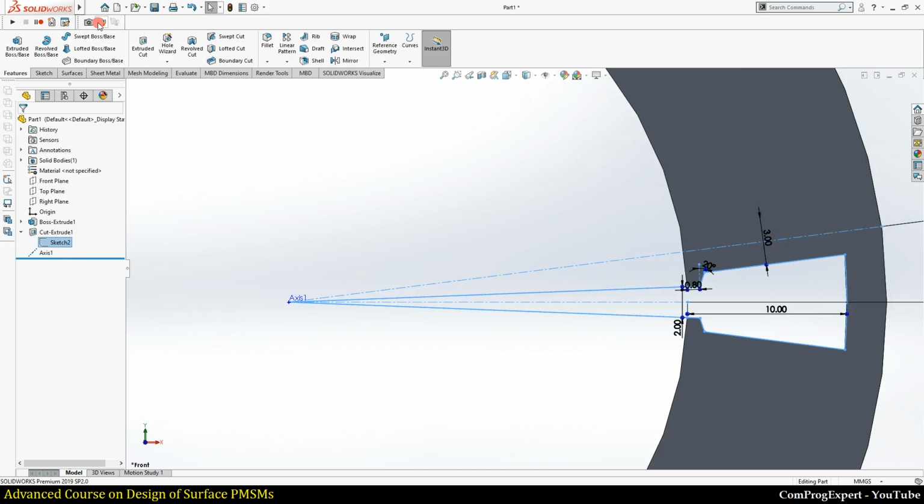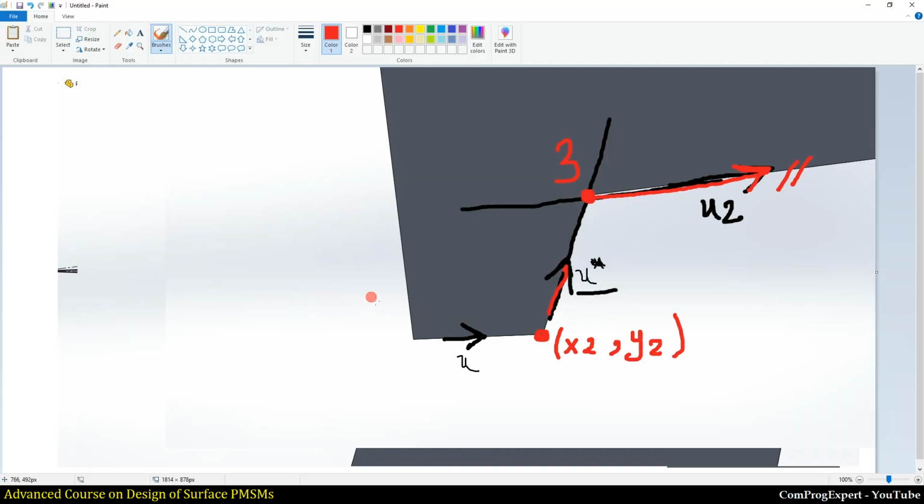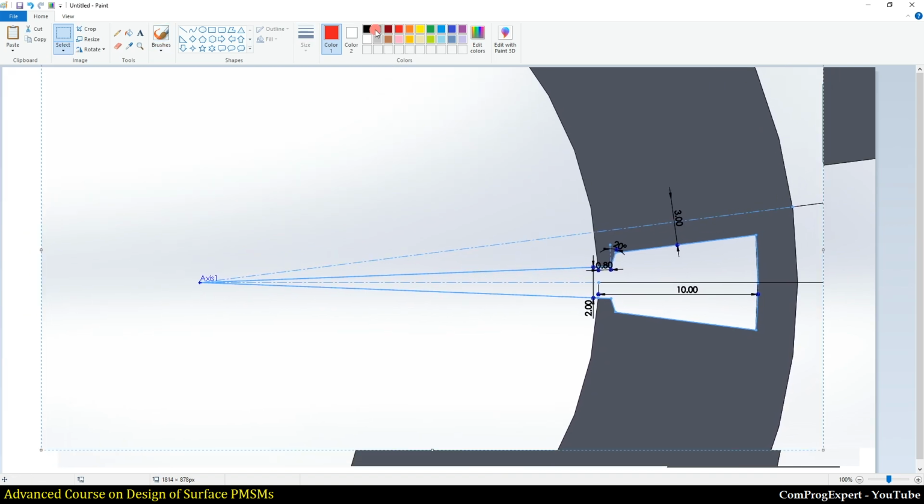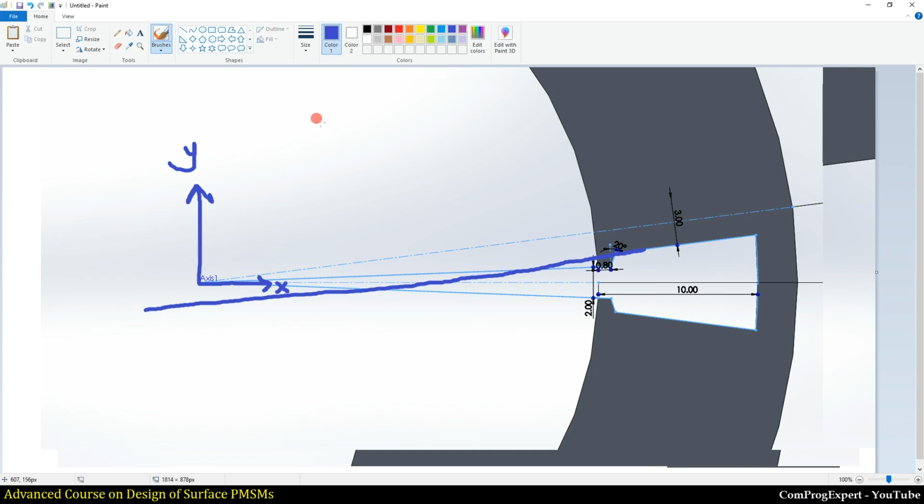If I take a screenshot, this is the x axis, this is y, and if I extend this line, I can calculate the coordinate of this point. Its x coordinate is 0, its y coordinate is equal to, we have the width of stator tooth, this parameter.